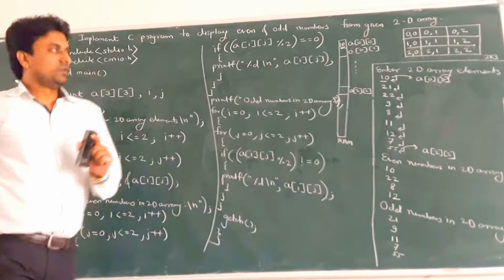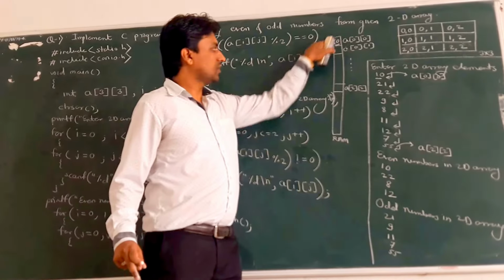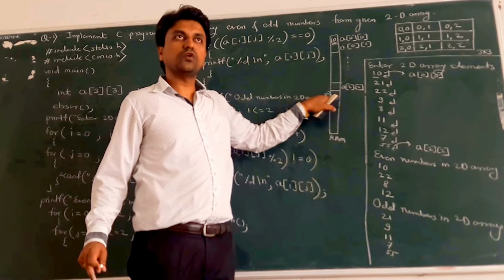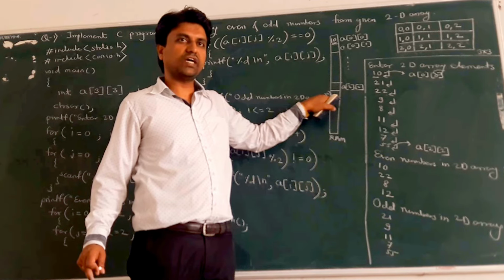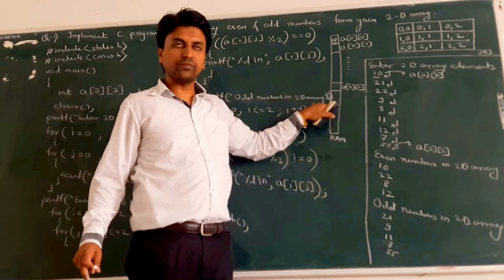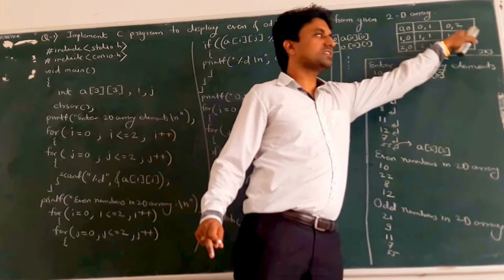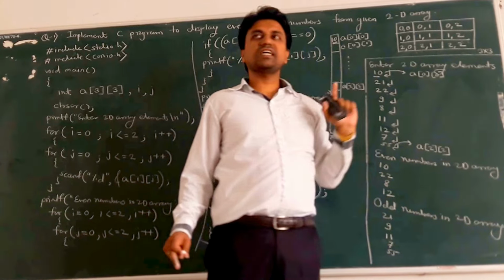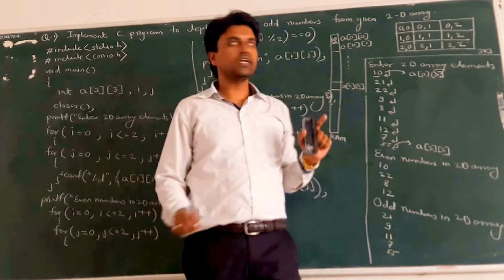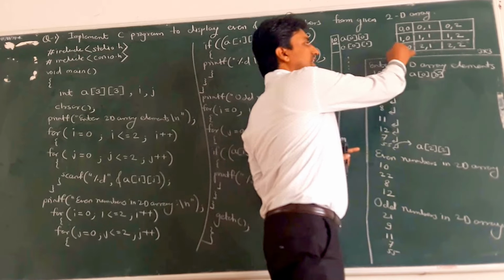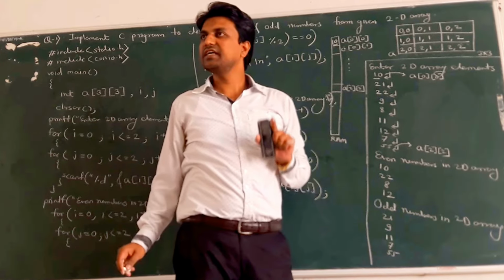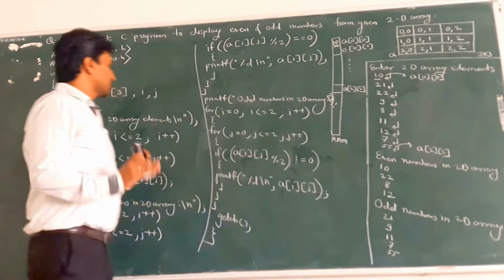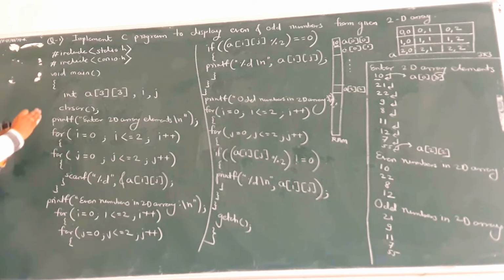Now this is all about memory management, how memory is allocated for a two-dimensional array on RAM. What is the graphical representation of the two-dimensional array? 0, 0, these are the indices. Okay, and the name of the array is A. A is the array name. Clear? So what is the execution flow of this program?